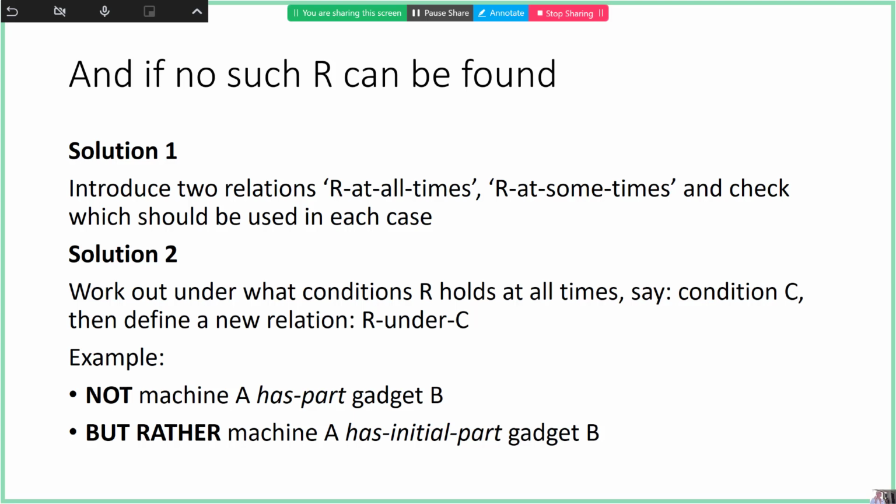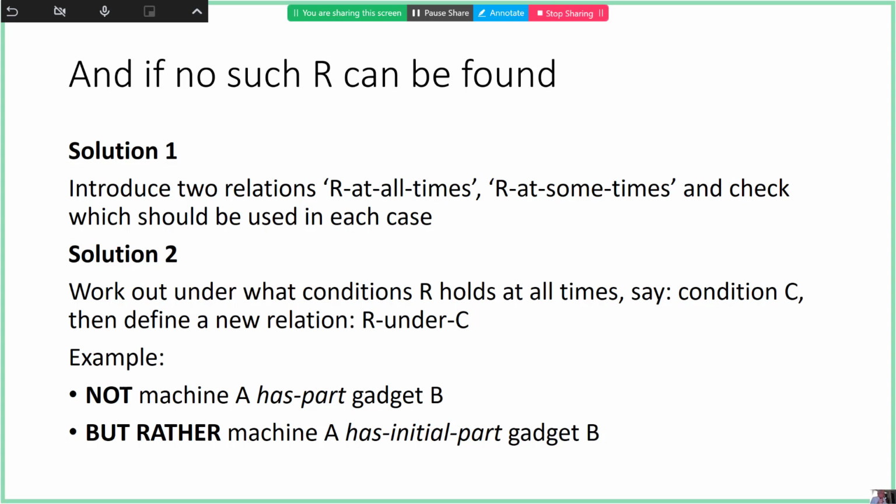Barry, yeah, I have a question. What does it buy us in terms of inference, the use of R at sometimes? Because in the previous example, we weren't able to infer, right? That Gadget C, yeah. Yes, so